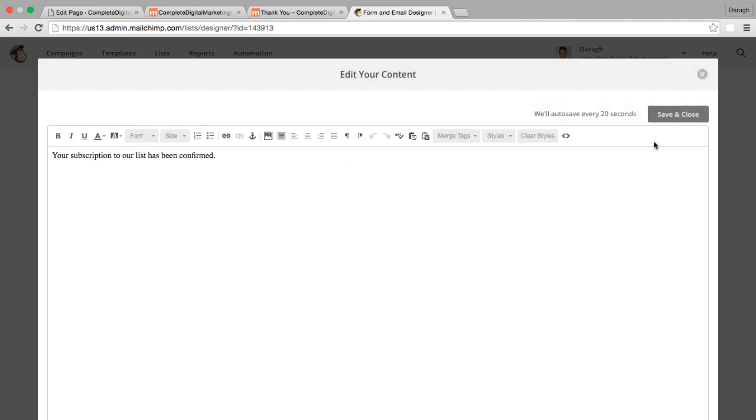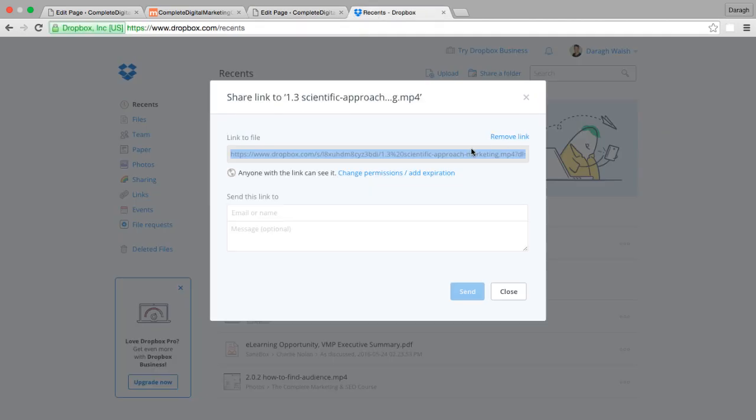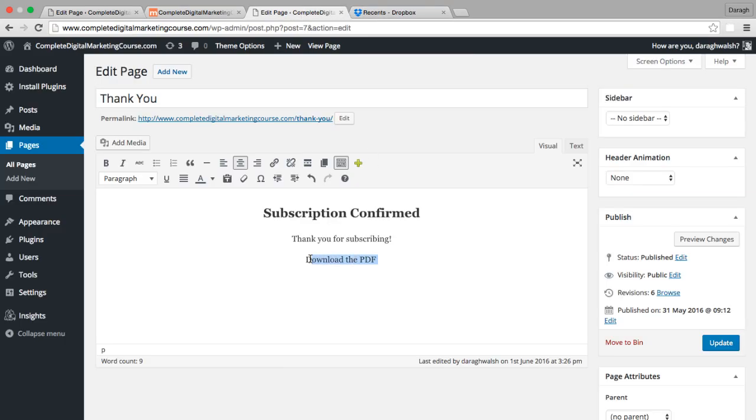So you can see you can edit it here and add in some text if you want. So to give you an example, what I could change is say download the PDF. Then I just take the file or the link that I've uploaded to Dropbox, copy that, add this as insert the link, update the page,